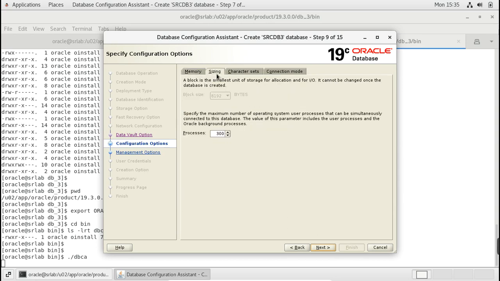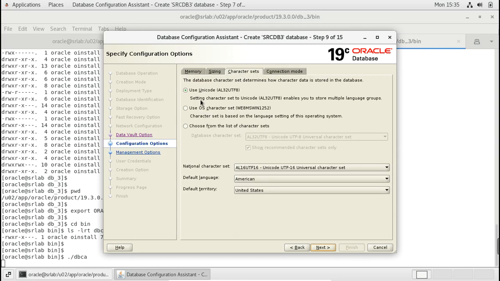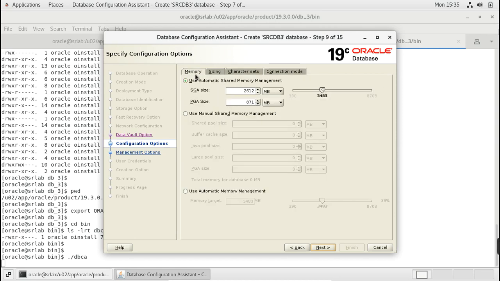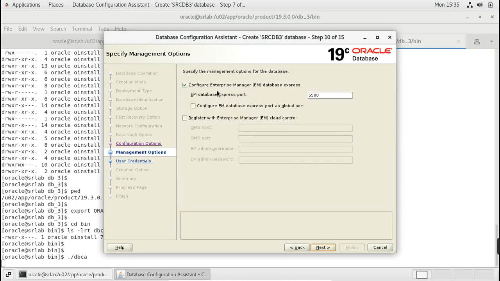So we can go with this character set and mode, we can go ahead with this. So no need to register the enterprise manager.